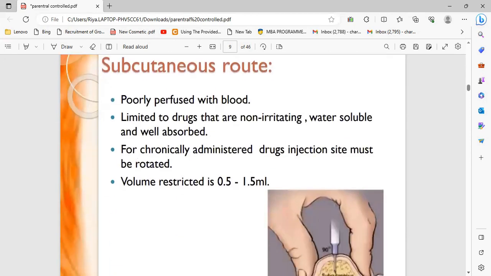So, the subcutaneous route. This route is poorly perfused with blood. You know, subcutaneous tissue is usually fatty tissue, and you can see very few blood capillaries distributed there, so it is limited to drugs that are not irritating, water soluble, and well absorbed. Administration of a drug through the subcutaneous tissue requires some properties: it should be non-irritant, it should be water soluble, and it has to be absorbed easily through this